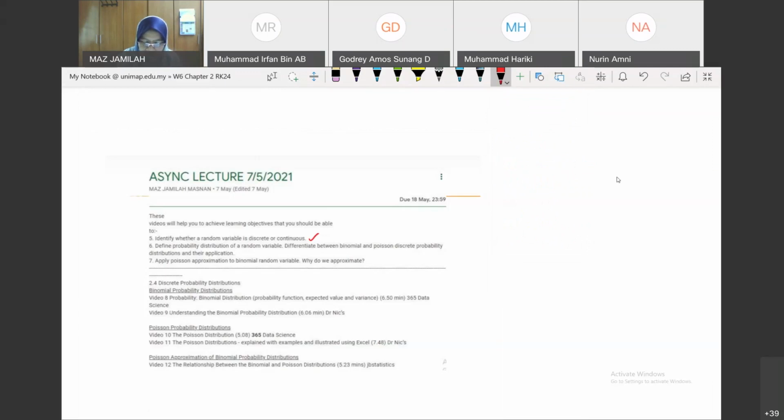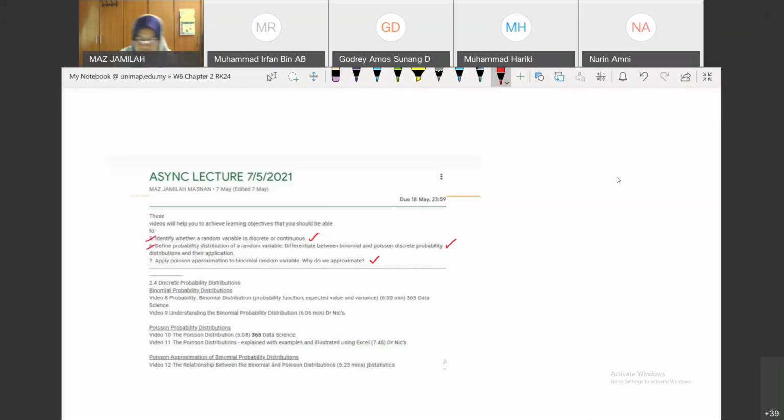Then differentiate between binomial and Poisson discrete probability distributions and their applications, and apply Poisson approximation to a binomial random variable, and why do we approximate. But for this class, I think I would be able to complete until number 6,